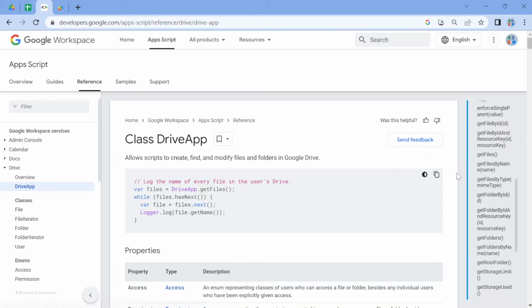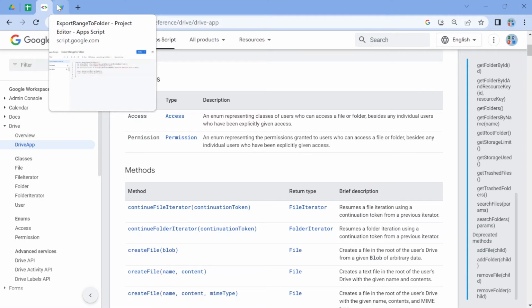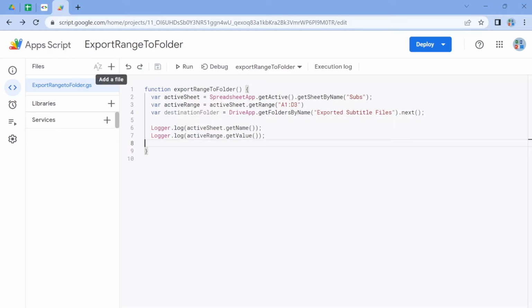You can see all of these methods on the left side, and I can check any method to see how it's used, whether I typed it correctly, whether I got the parameters correctly, and so forth. Okay, so we're good to go here. We have successfully designated several variables: the active sheet, the active range, and the destination folder.